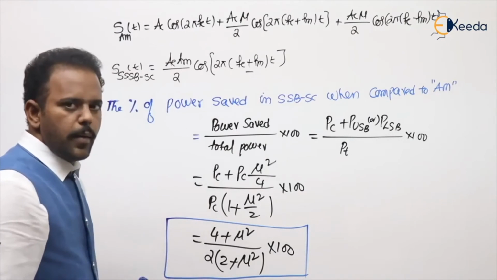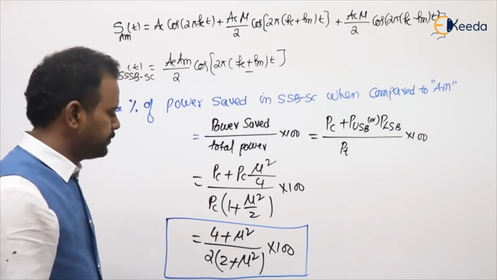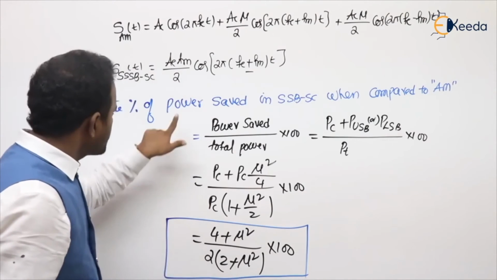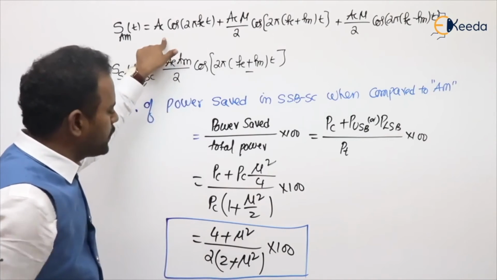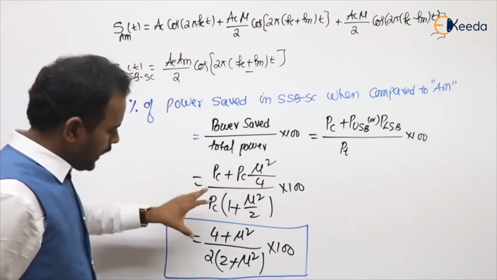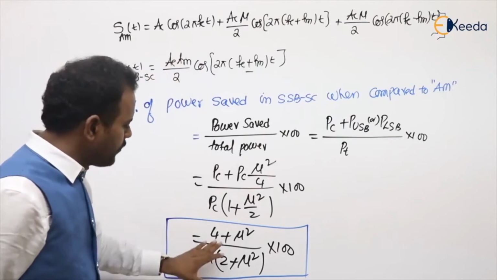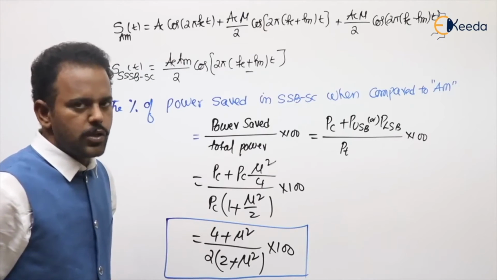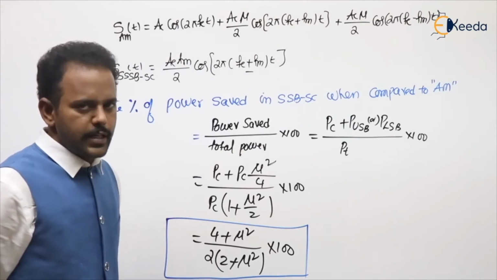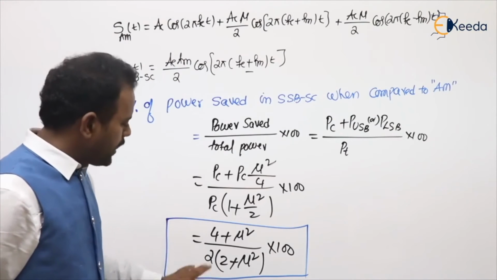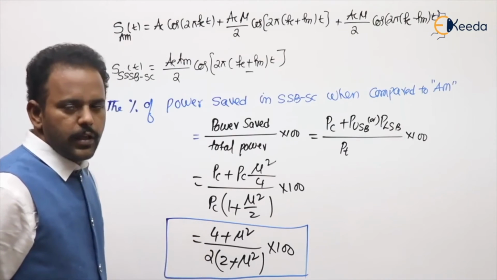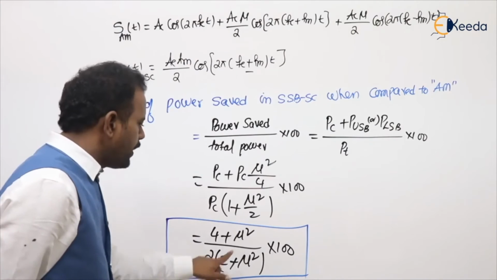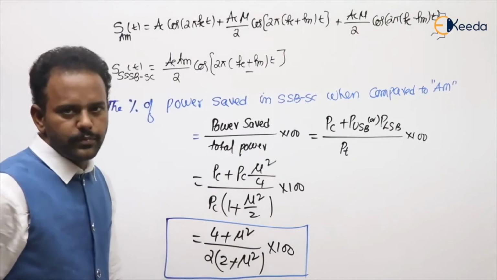This is the percentage of power saved in SSB-SC when compared to amplitude modulation. Regularly the problems ask from this one. Even in the 2020 ESE examination, a problem was given. Let's see what problem is given, and you have to remember this directly. Are you understanding? For example, if mu value is 1,